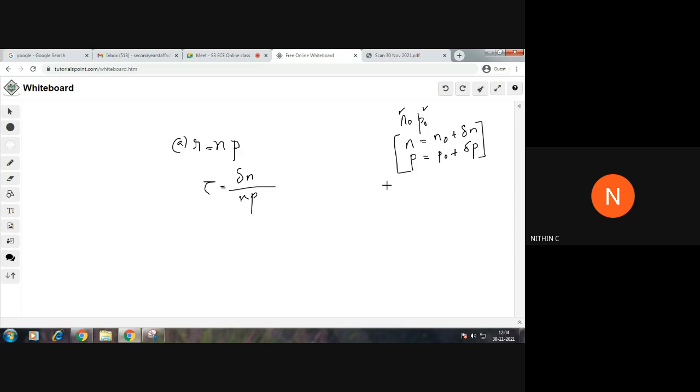So you can find the new N and P values and just substitute them over here. What will be the value of new N? That is the N0 value, which you know, plus delta N, which we found in the last step. P0 also you know, so add that with delta P, find the values of N and P, then do this calculation. So that you will get the carrier lifetime. First of all, what is the value of N and P?